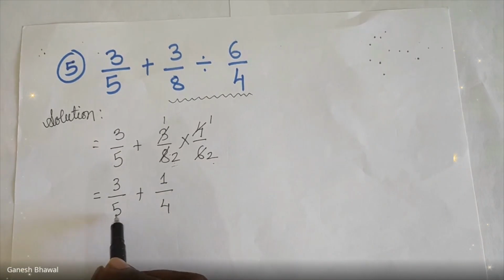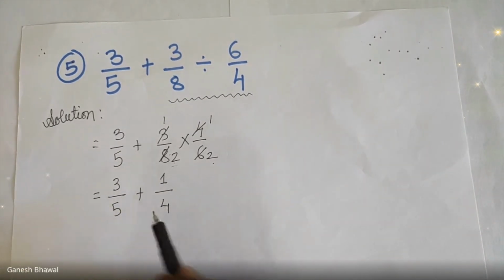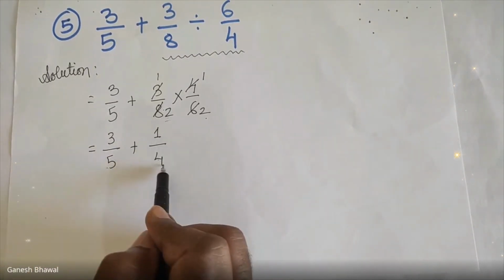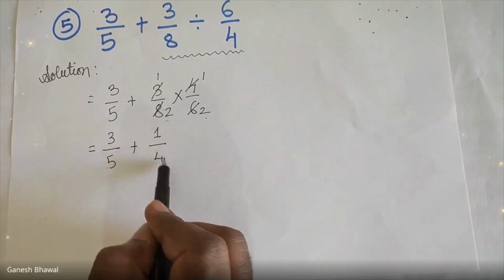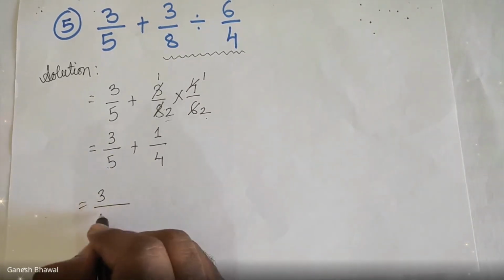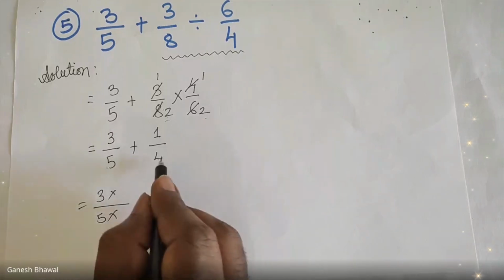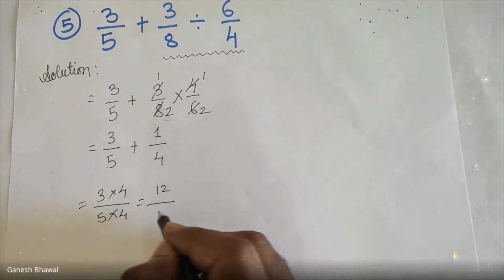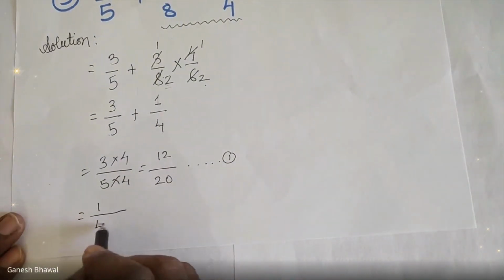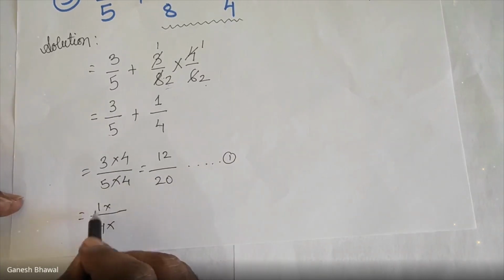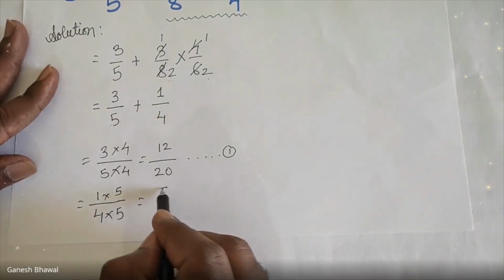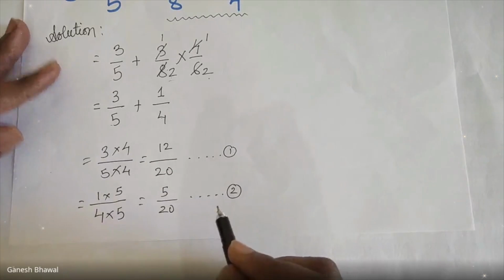We need equal denominators to add these two fractions. What we will do, we will multiply this fraction with the denominator of the second fraction, and we will multiply this fraction with the denominator of this fraction. So take here 3 by 5 down, multiply numerator as well as denominator with 4. 3 4s are 12, 5 4s are 20. This will be your first fraction. Then take here 1 upon 4 down and multiply this numerator as well as this denominator with 5. So I am taking here 5, here also 5. 5 1s are 5, 5 4s are 20. This will be your second fraction.